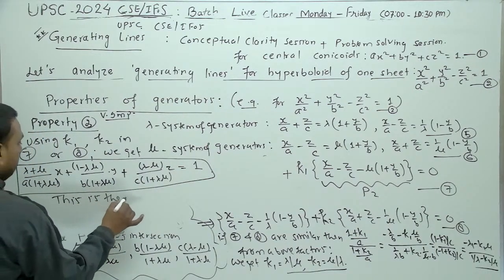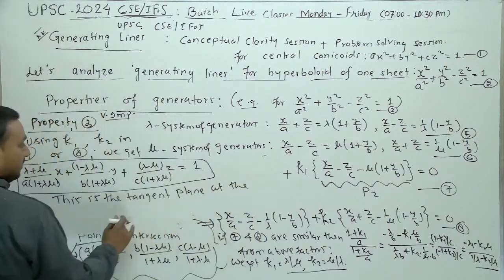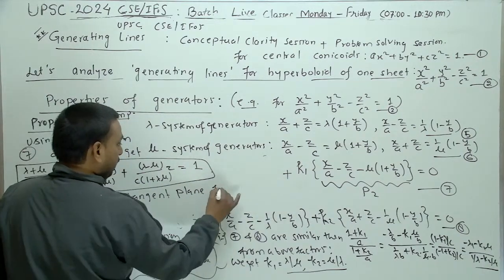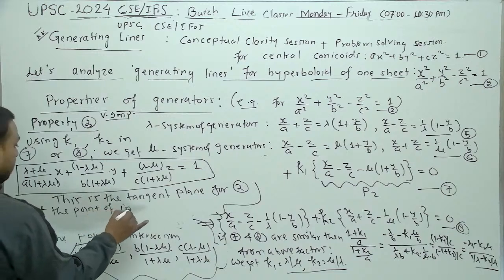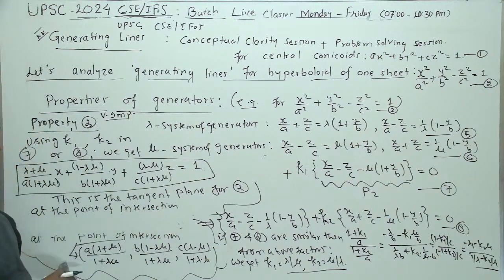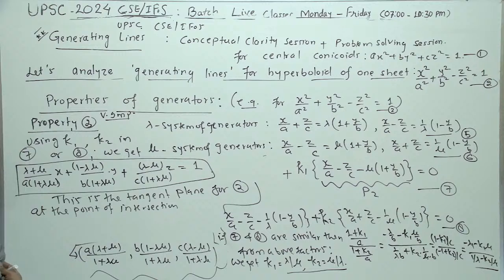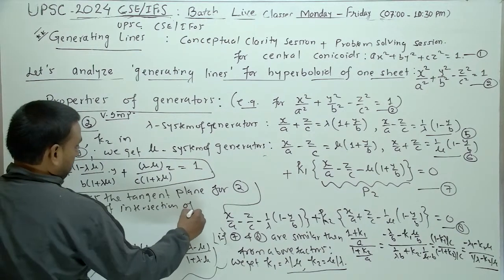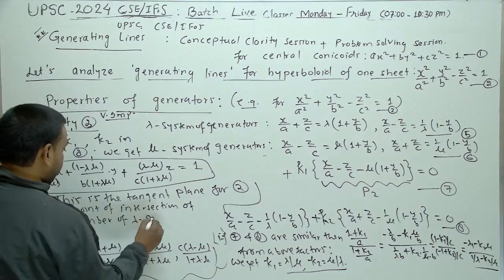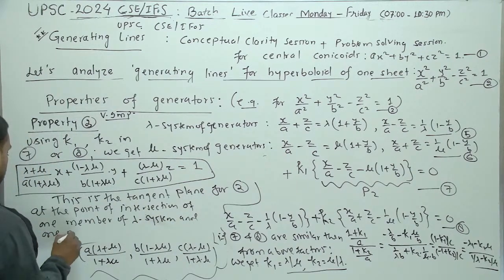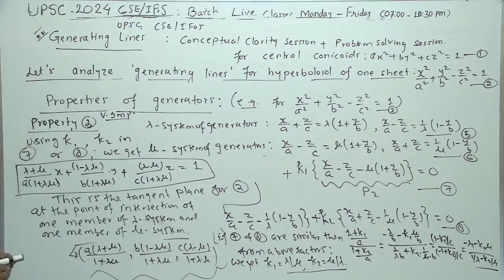So this is the tangent plane for surface 2 at the point of intersection of one member of lambda system and one member of mu system। यहाँ पे जो मुझे कंफ्यूजन आ रहा है ए और बी के साथ में,